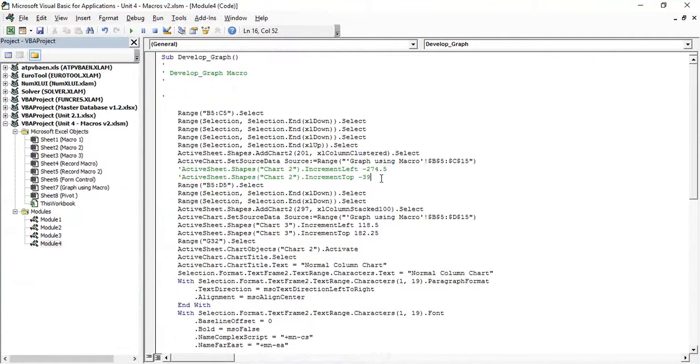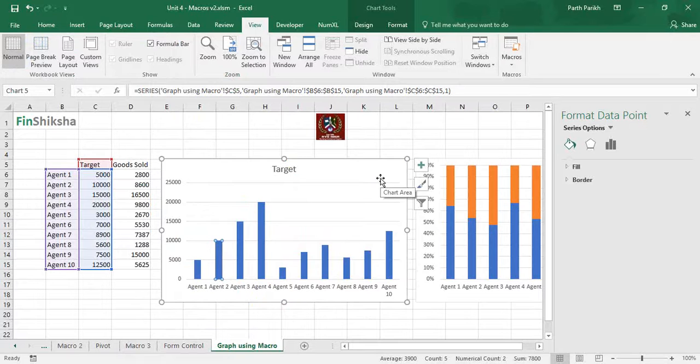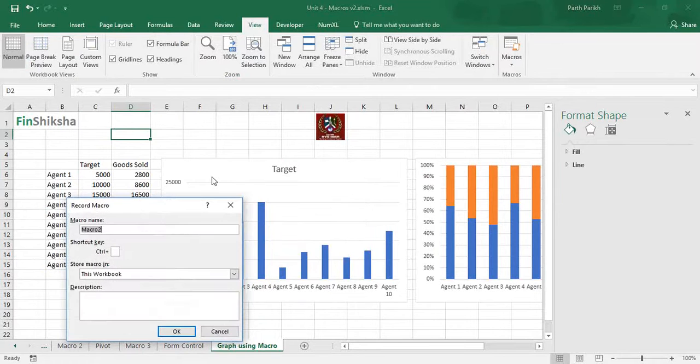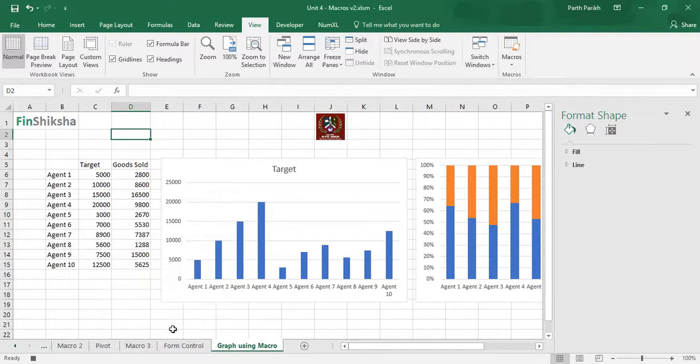What you have to do is record a macro again, just by selecting these two columns or whatever the operations you are trying to do. Create a chart, and whatever the data appears over there, you can directly choose that. Okay, so let me demonstrate. I will record a macro again, which is graph underscore column. I'll click OK. So Excel has started recording the macro.